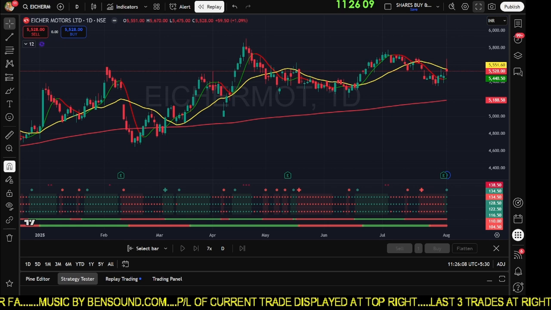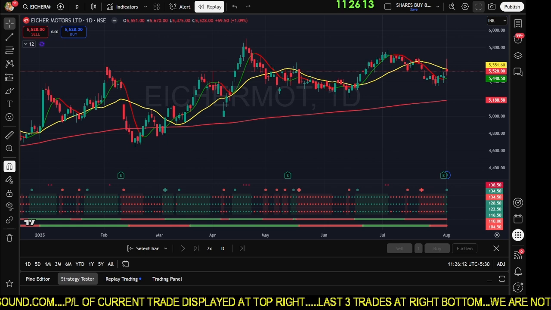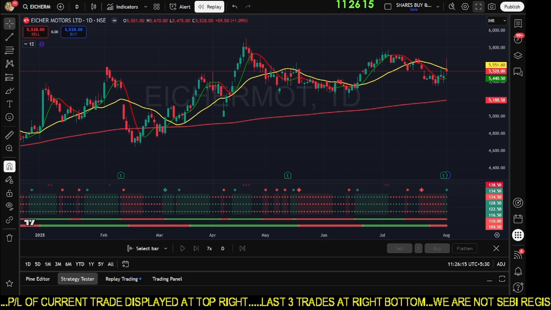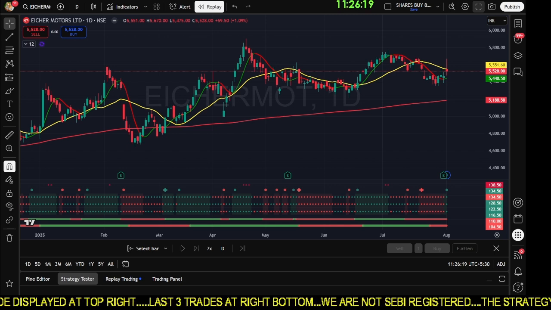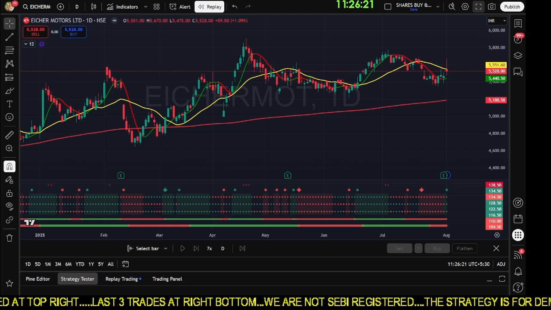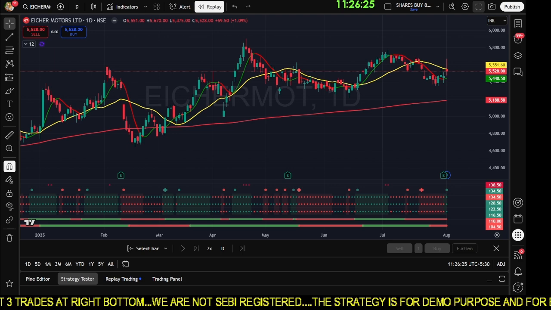Going forward, we will start analyzing certain shares, how they are placed chartically and technically, and also to some extent fundamentally. Today we will start off with discussing Eicher Motors,